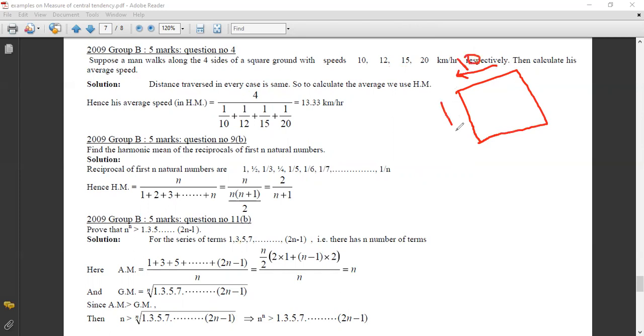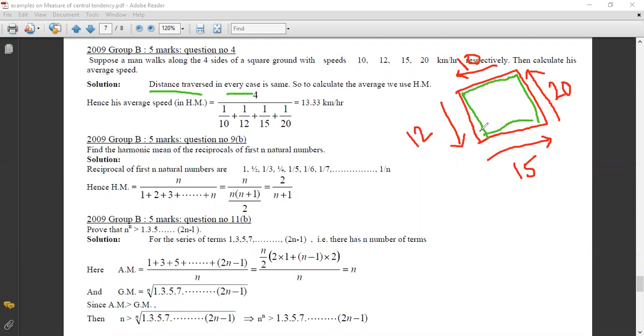Then you go here in this side 12 km per hour, right? Then from this to this 15 km per hour, right? Then from this to this 20 km per hour, right? Now in this case the distance traversed in every case is same. At a square ground, this distance is equal to this distance is equal to this distance is equal to this distance. Square ground,